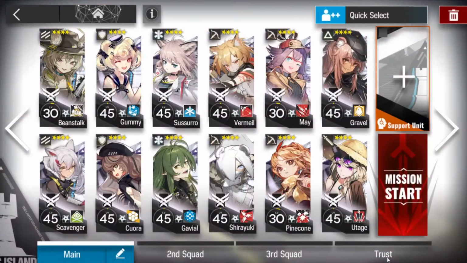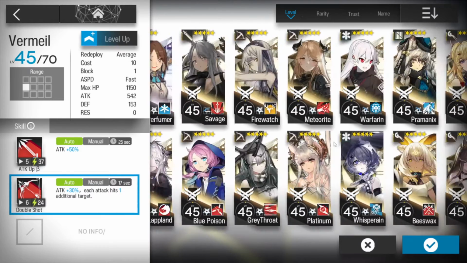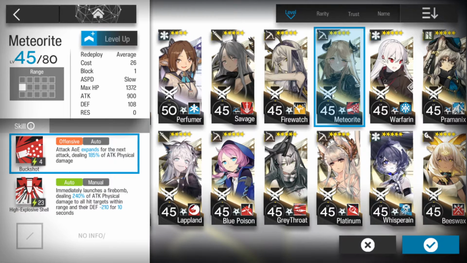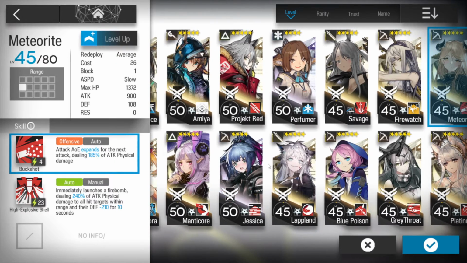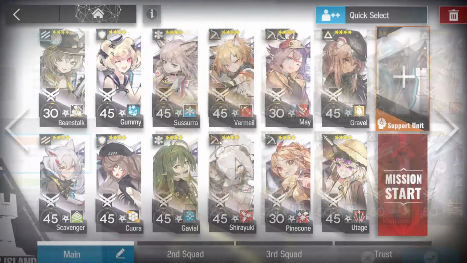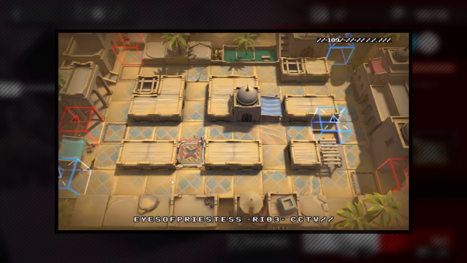Now, as you saw, I went through that with 4-star operators, so if you're using 5s, so for example, if I swapped out Vermeil for, say, Blue Poison with skill 2, obviously they're going to have a dot on them, so they're probably going to die of their own volition. Instead of using Shirayuki, if I was using, say, Meteorite, her splash damage is probably going to ravage most things in the area. Yeah, the higher you go, if you bring even 1 5-star, 5-star DPS I should say, you'll probably find that a lot will change, but